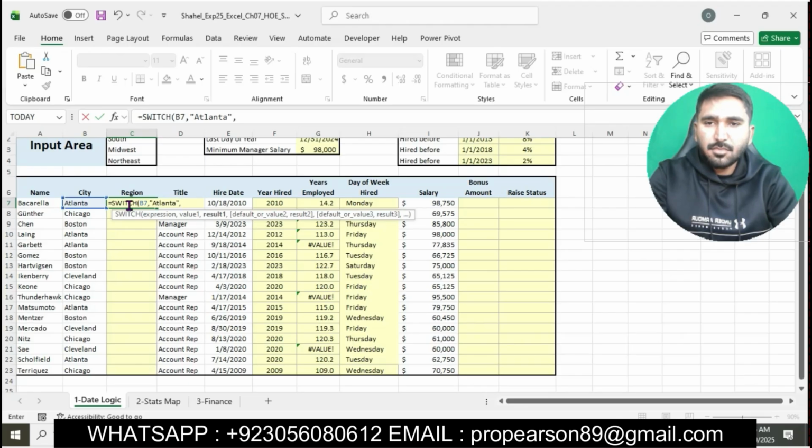then C2 to Boston, using cell references, enter dollar sign, and then Chicago, C4. Okay, C3, enter dollar sign using cell references. Cleveland,